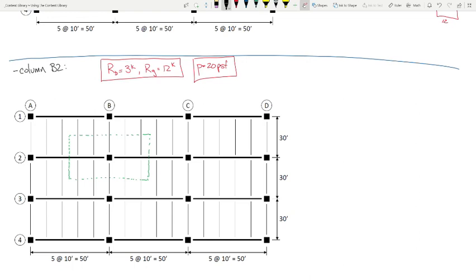What is the tributary area of that column? What is this dimension right here? Come on. That's 50. What is this dimension? So everybody okay with that? So one way that you can determine the load on B2 is to take